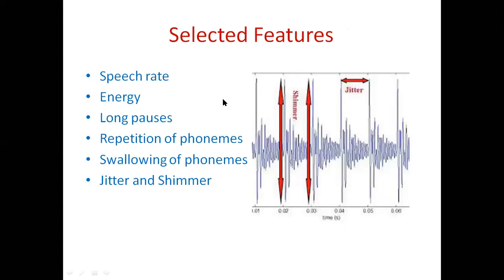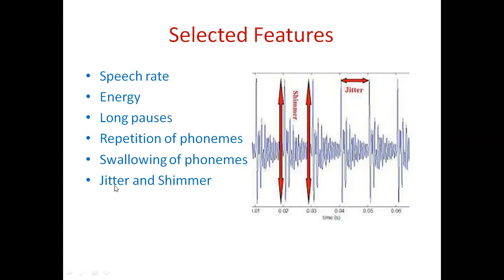Now, just selected features have been listed here, not all. First, and the most important feature, is the speech rate. The rate at which the dysarthric speaker speaks is very slow. He takes a lot of time to utter one sentence compared to a normal person. Next one is energy. He cannot put a lot of energy while speaking when compared to normal speech. He gives long pauses because his voice will be a strained voice, and he keeps repeating phonemes because of the problems in speaking,